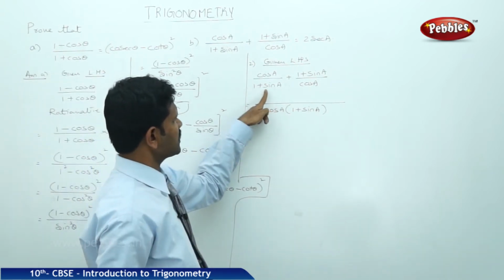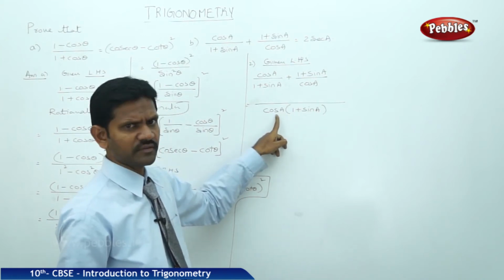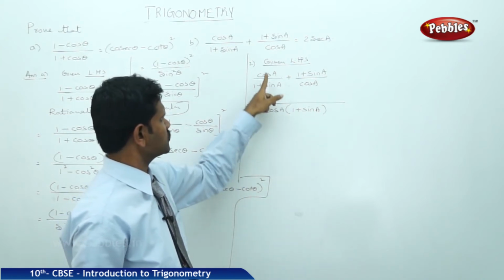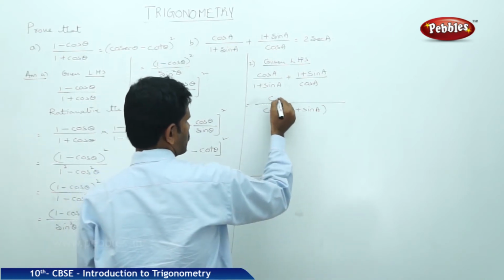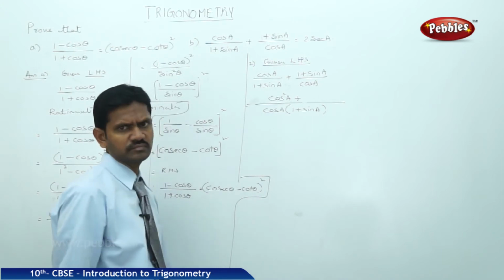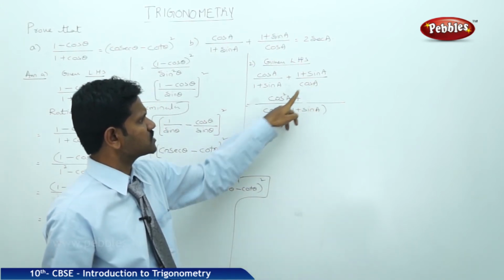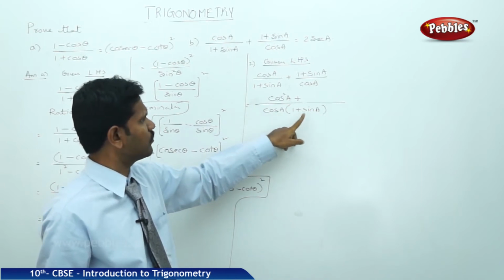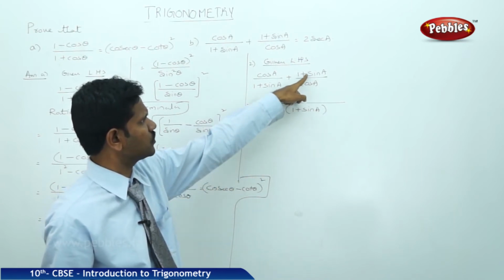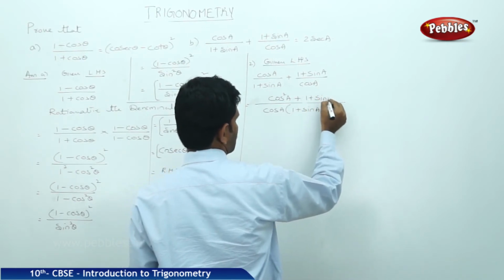1 plus sin A get cancelled, cos A left. Cos A into cos A, cos square A plus, cos A get cancelled, 1 plus sin A into 1 plus sin A, 1 plus sin A whole square,